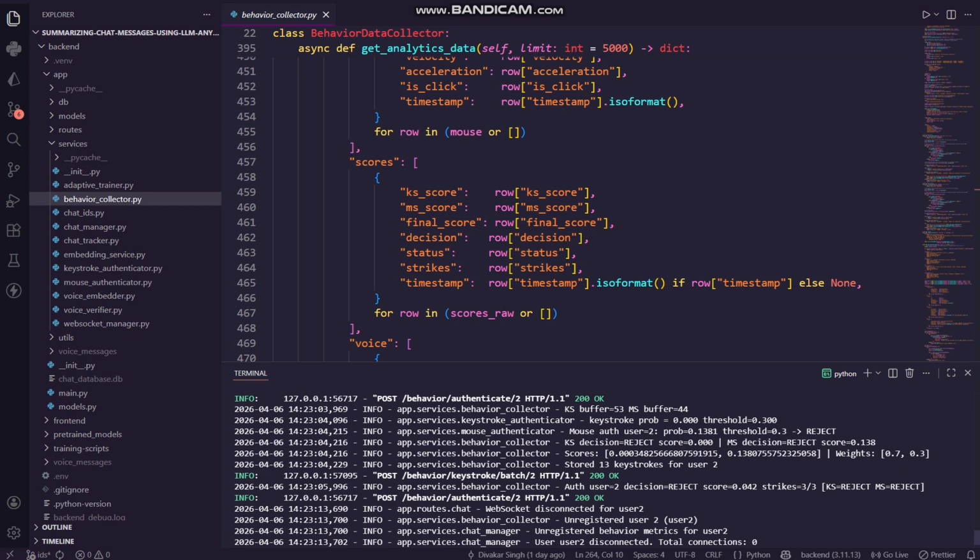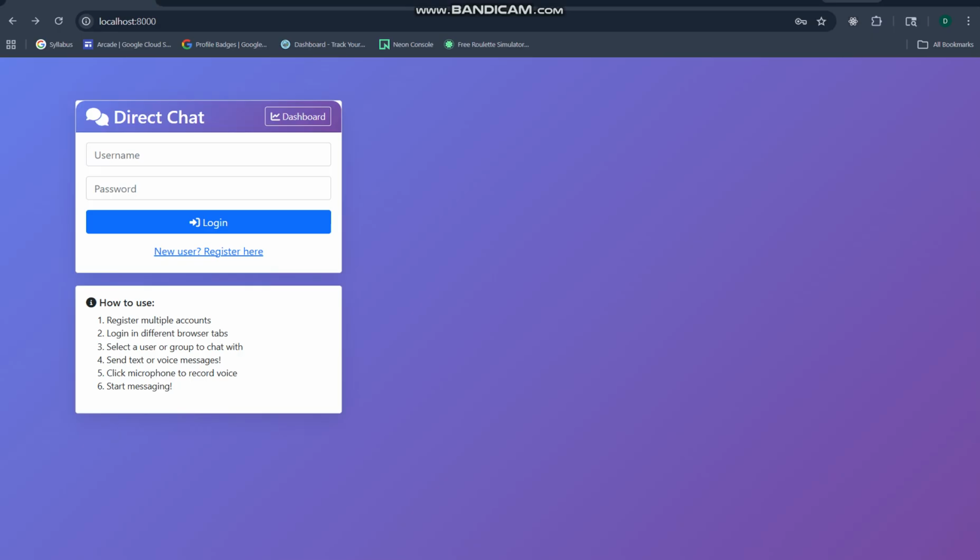So I am user 1, but I logged into user 2 with their ID and password. So our behavior collector will collect the data, our model will predict the outputs, and based on that output, we are checking if this user is to be allowed or not. So we just log out the user if it's not legitimate. So if I again go to user 2,